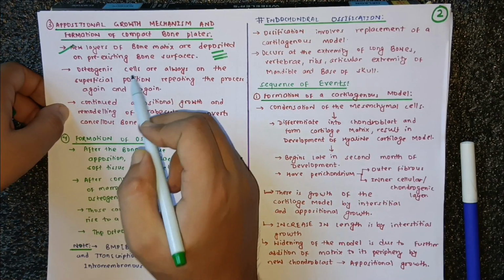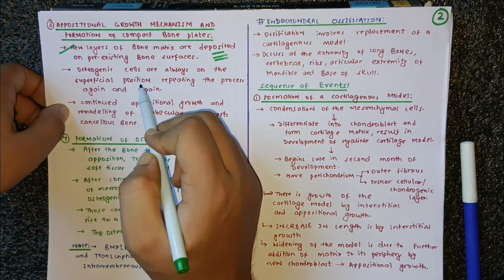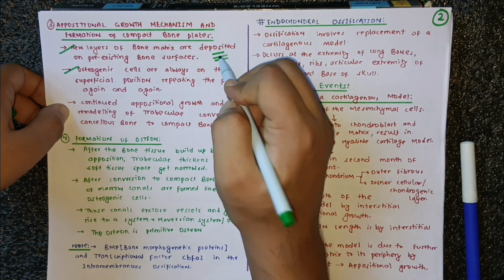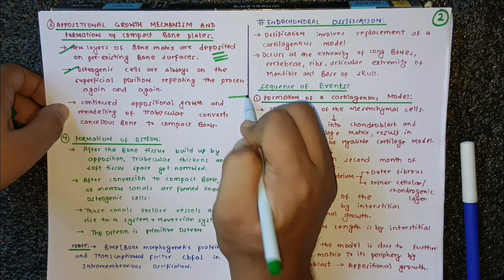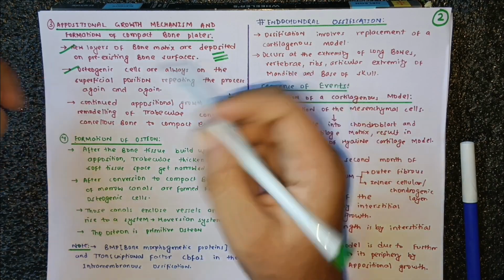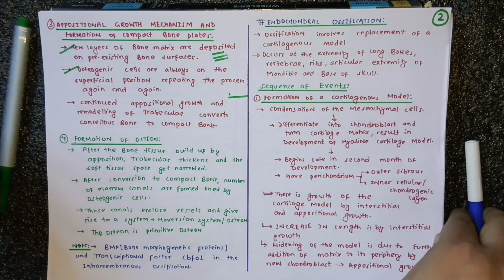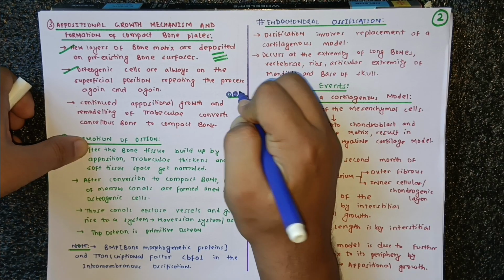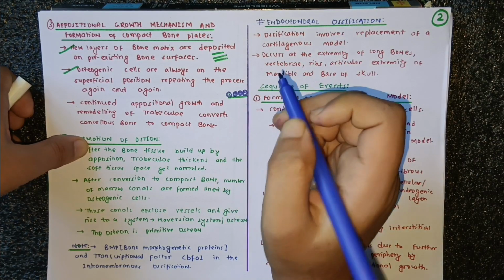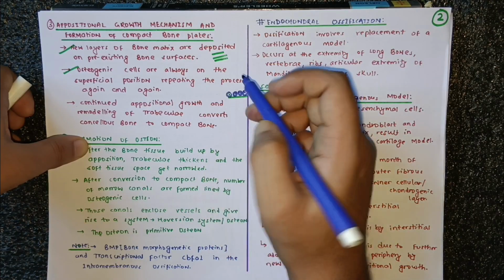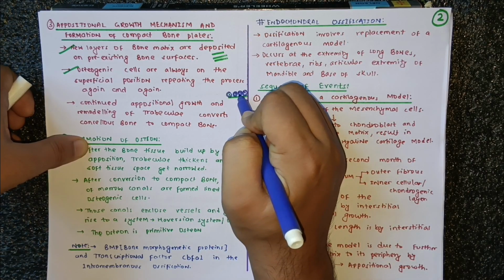After that, osteogenic cells are always in the superficial position, repeating the process again and again. Just think this is the first surface of the bone, and we have cells here. I will draw with another pen. So these are osteogenic cells, and they are always in the superficial position. If upon this